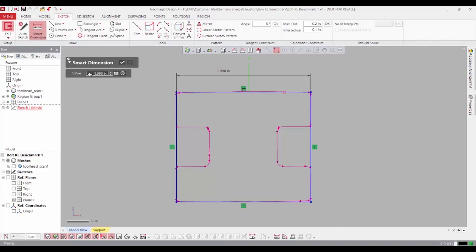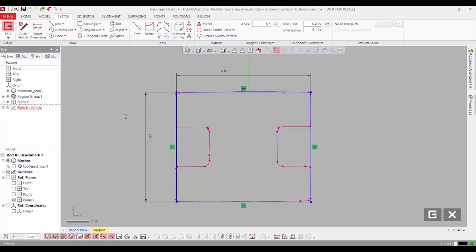Okay, so 5.9998. I'm going to guess that design intent was 6 inches. 5.2, that looks pretty good. I'll go ahead and stay with that. So there's my first sketch as a rectangle, but now I've got these cutouts here, and I can create those